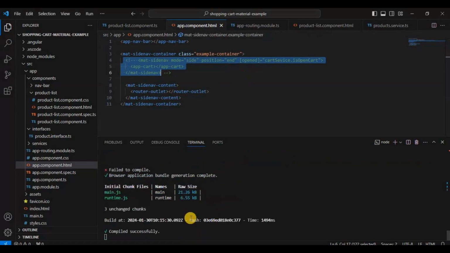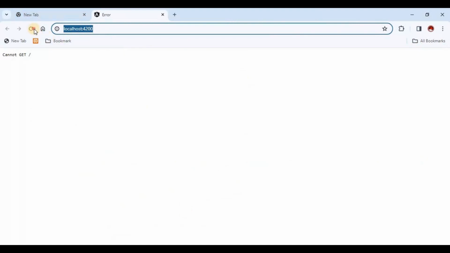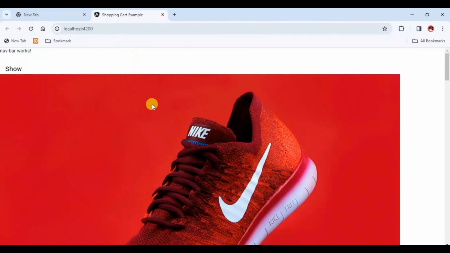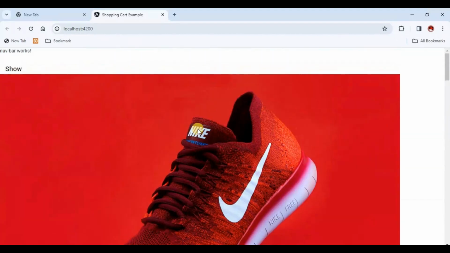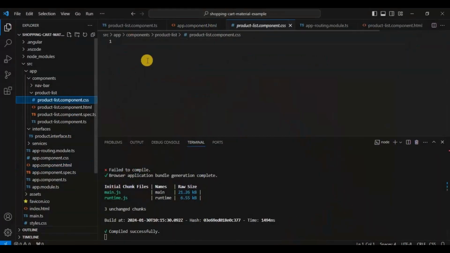Okay. Now it is compiled successfully. Okay, you can see the product and all those things are coming, right? And here as you can see the navbar works, so we need to put some kind of HTML over here so that it looks okay. And also we need to put some CSS for the container, so let me put some CSS over there in the product list. So for the container basically,